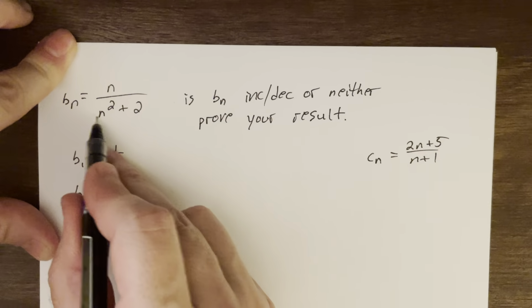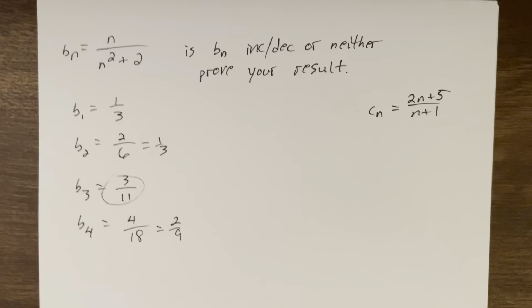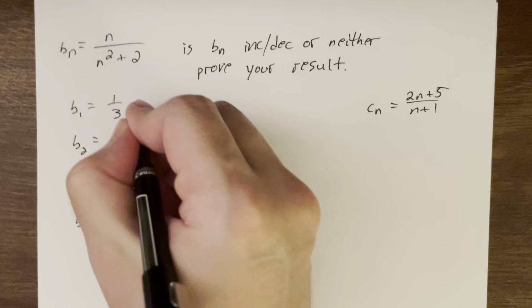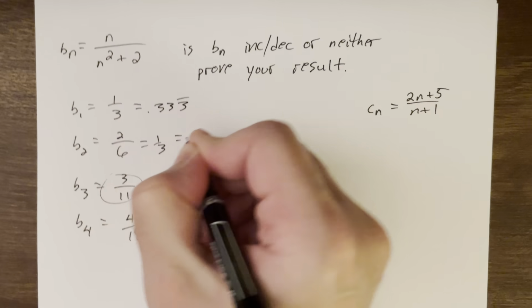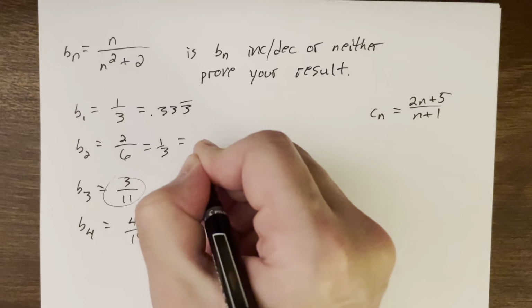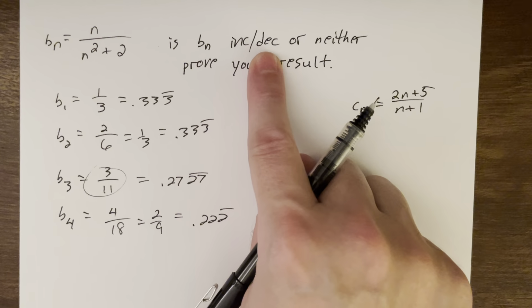If you want to reduce it again, some people, it's just calculators here, just so we can compare the decimals: that 0.333 forever. I get the same thing here, so no change, but then 3 over 11, the 0.2727, 0.222. So you could use your calculator to just get some decimal approximates to make it quick, so you could see, okay, yes, this does look like it is decreasing, but now to go through and prove it to be